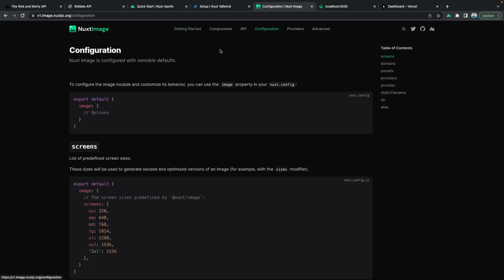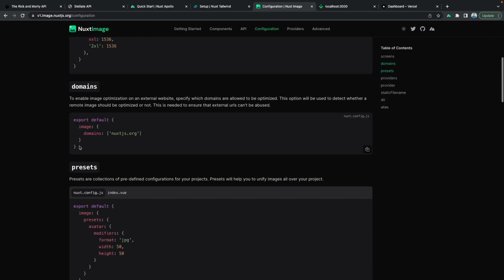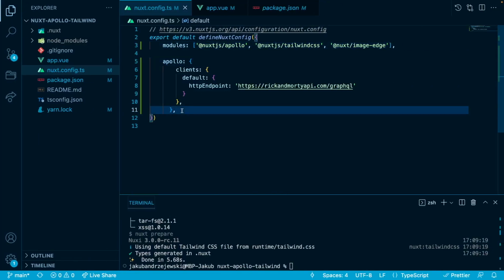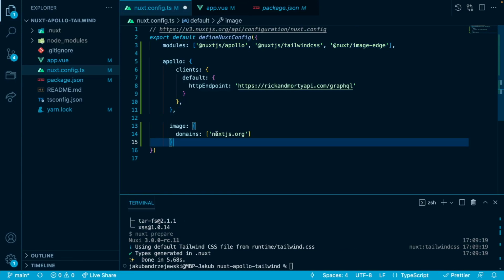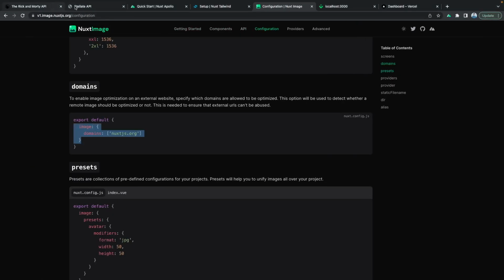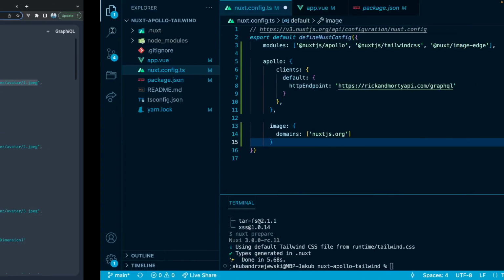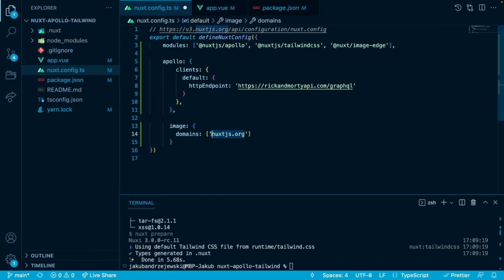So we'll go to configuration, and in here you have the step about domains, because otherwise you will get an error that you cannot optimize or process the images that are from different domain. So we will add this one to our config here, and as a domain we will just say this one, Rick and Morty API, but without HTTPS. We don't need it here, we just need the domain. Okay,